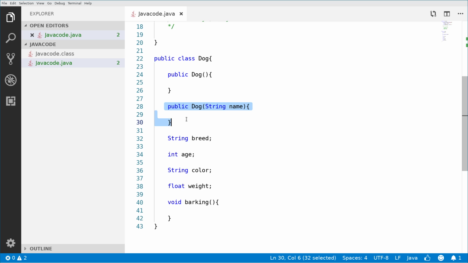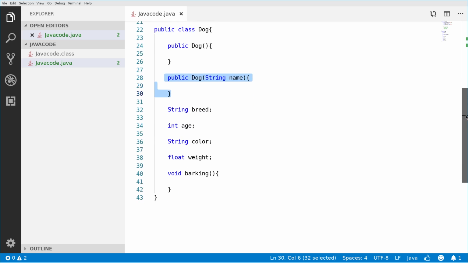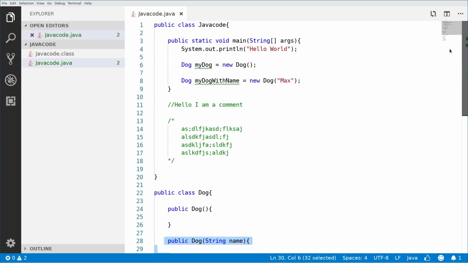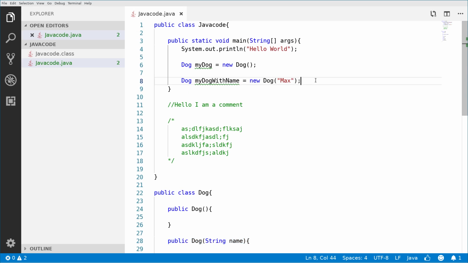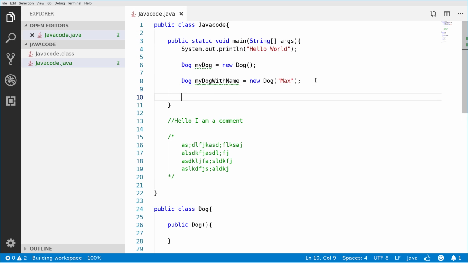Maybe we want sometimes to create a dog with a name, maybe with an age, maybe with or without color. So it really depends on how we can do this, right? Now, what if I want to make the dog bark? How can I do it? If I'm right here, after I have created my dog or my dog with name, I can say my